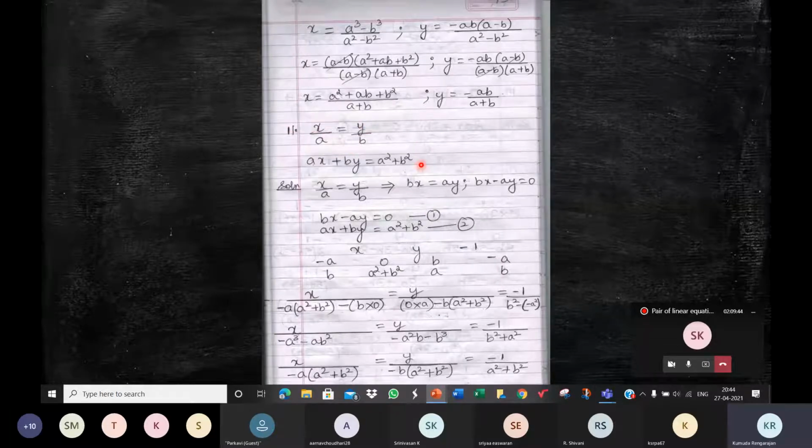But I have written this equation in this form. Bx minus ay is equal to 0. So that 1 by a, 1 by b fractions are avoided here. And then this is the first equation. This is the second equation. So since the constants are on the other side, x, y, minus 1. So you know to arrange this. Again, we need to be careful while multiplying. This product you will have here.